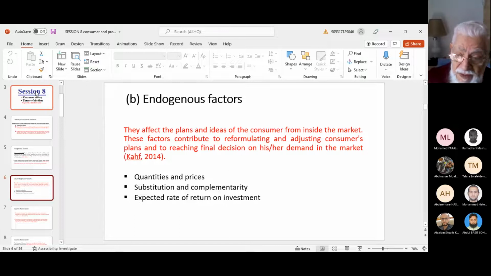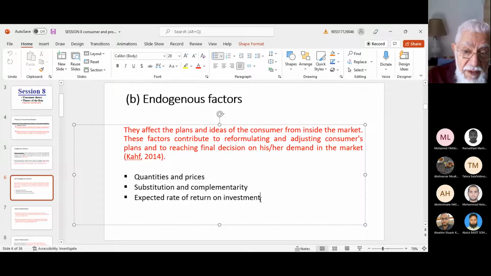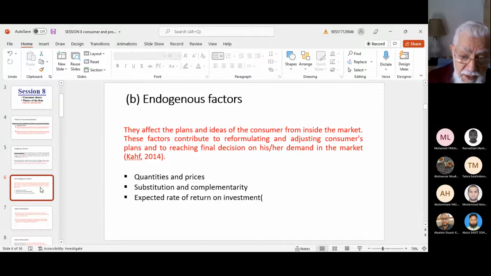Rate of return on investment is not mentioned almost at all in the consumption theory, and they always took saving as residual, not really as a factor that is affected by the rate of return that you find in the market. And it is very fair to say that this point is raised by some Muslim writers or Islamic writers who wrote on Islamic economics. So this is then an important addition, I should say.